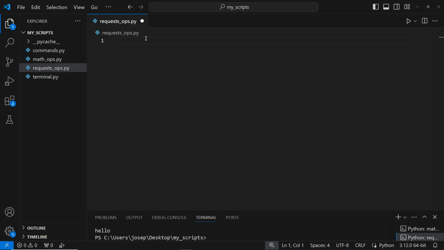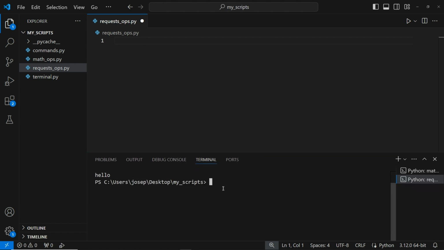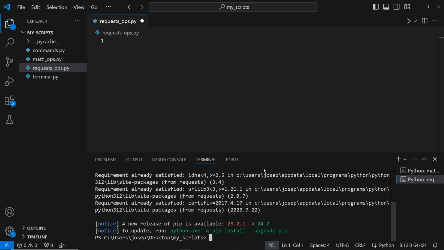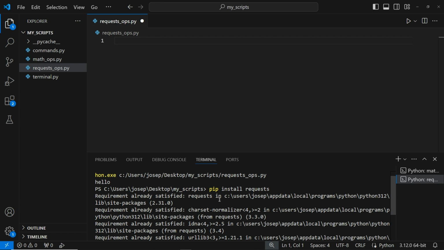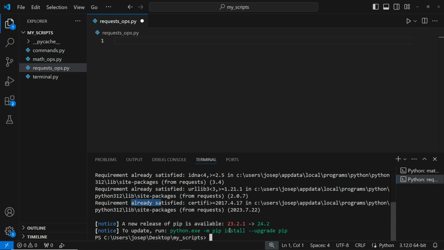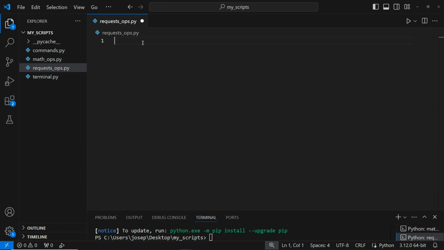So I have already installed requests. Remember, with these third-party modules, we need to install them. From a terminal or command prompt, we could do pip install requests to install that using pip. And we see requirement already satisfied, requirement already satisfied. All these are already installed. But if that weren't installed, you'd have to do pip install requests with these third-party libraries. So then we also need to import so that it actually gets compiled at runtime when our program runs. So import requests,